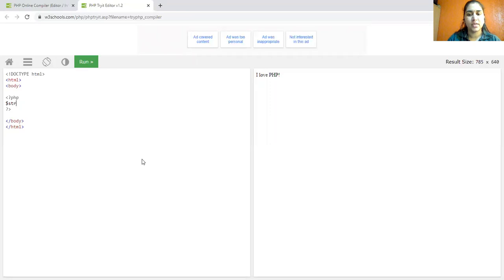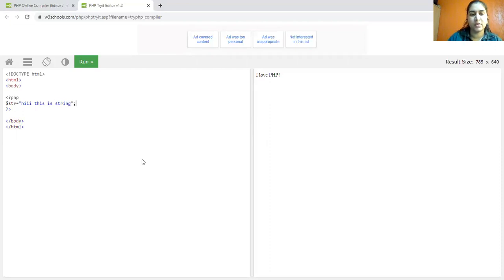So $str equal to, I can write the string in double quotes, as all languages, basically C, C++, Java, use strings in double quotes. Here in PHP, I'm going to write, hi, this is string.